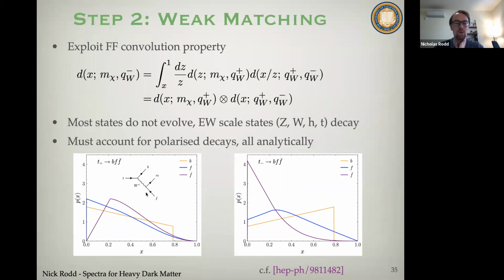And for instance, when we were doing this, it's a fiddly enough calculation that, in one of the canonical references that had calculated this, we found that they had an error in their interference term here. So you can either have a transverse or a longitudinal W here, there's interference between the two, and there was an error in the sign. So it's a slightly fiddly calculation, but intuitively it's pretty straightforward. You're just doing some tree level Feynman diagram to calculate this fragmentation.